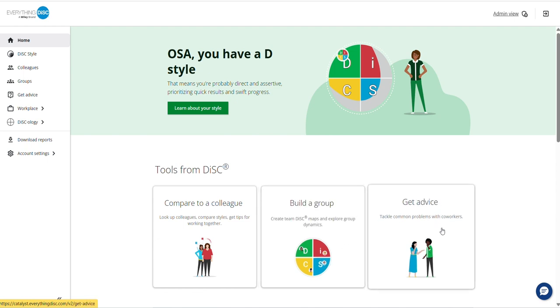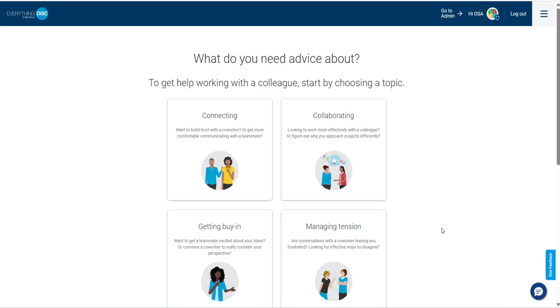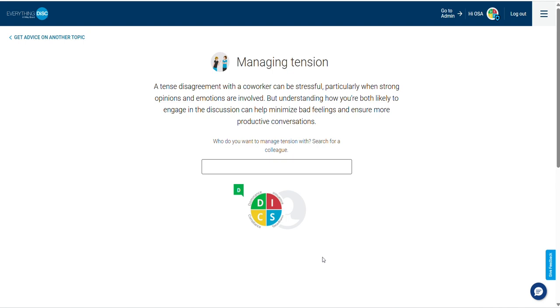Here's a third tile I want to take you through. You jump into that, click on Give Advice or Get Advice. We'd like to give advice, wouldn't we? But getting advice, this page offers 4 different sections where you can get some help in working with a colleague, say somebody you've never met before, you're not familiar with them. You can learn a little bit about how you might, if they've done the assessment, best connect with them, or work with them in a collaborative manner, or get buy-in on a particular project or program that you're working on. Or maybe you have some difficulty connecting or managing, working with somebody, and how do you manage that tension? So you click in there and you type the employee's name,